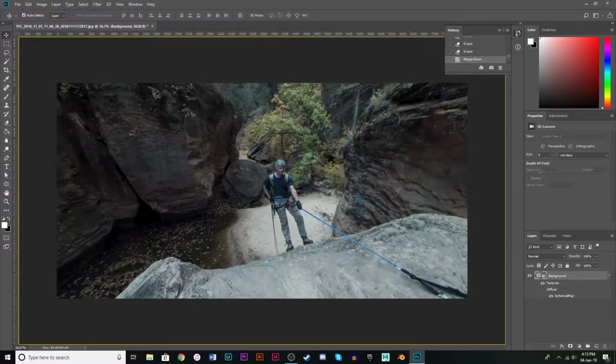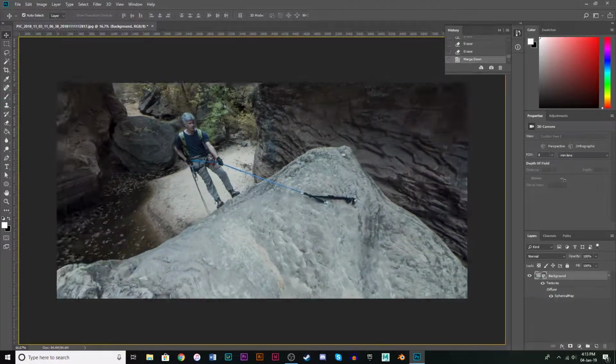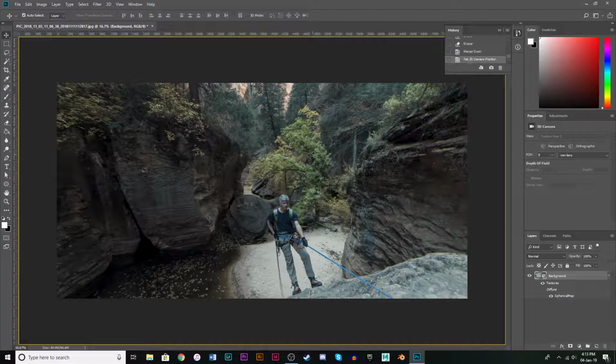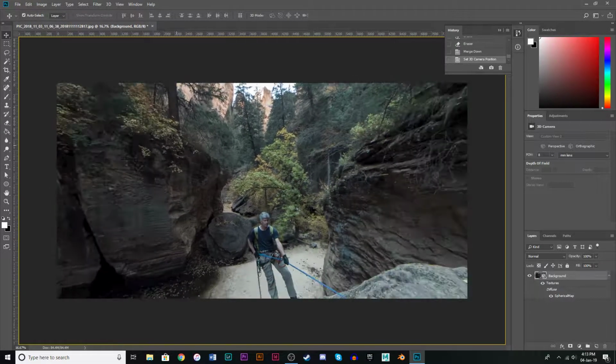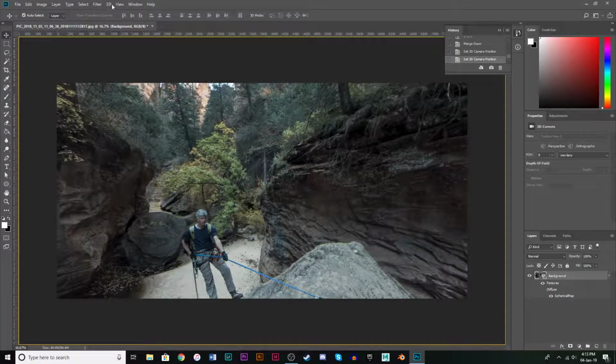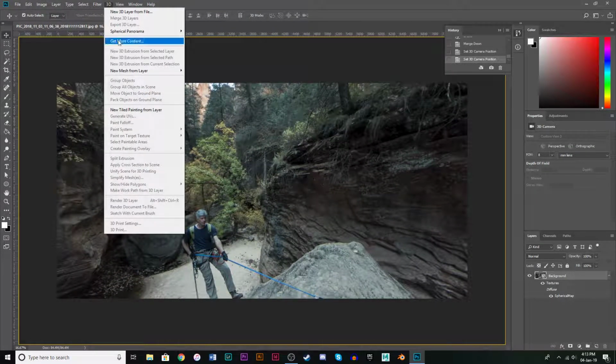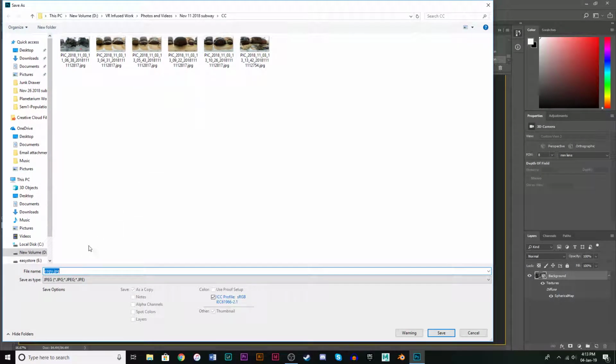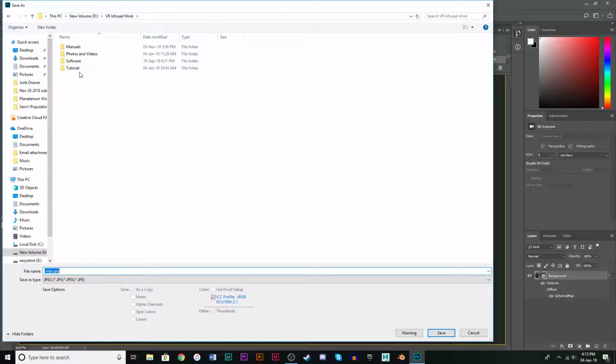Now what I'm going to do is I'm going to export this, because you need to export it in a certain way. If you export it just like this, then it will only get what is on the screen rather than the entire photosphere. So you need to go back up to 3D, spherical panorama again, and export panorama. So if we just go back over here to tutorial, I'm going to do this, Photoshop